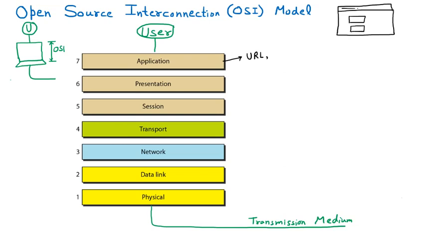Then afterward, the user ID and password asked by Facebook, that is authentication. So authentication is part of the application layer. And whenever you enter inside Facebook, there are certain permissions. Just like you can append your own account, but you cannot delete anybody else's account. You cannot delete anybody else's image. So that is the authorization. So authentication and authorization are part of the application layer.